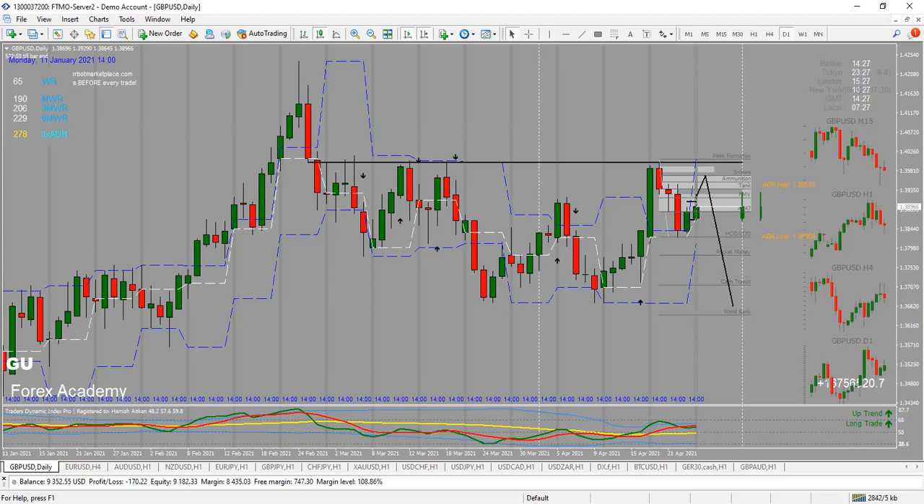My anticipation on GBP USD, AUD USD, NZD USD, Euro JPY, GBP JPY, CHF JPY also remains the same. I'm still bearish on those pairs, even including gold. And then the USD CHF, USD JPY, USD CAD, USD ZAR, dollar index, I'm still bullish on them because there